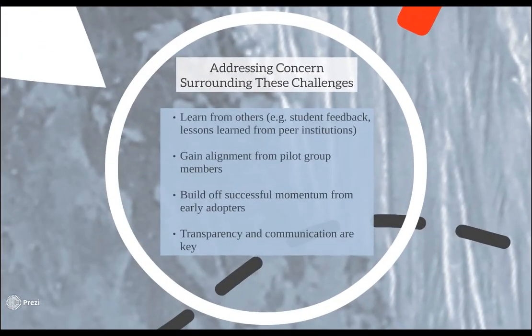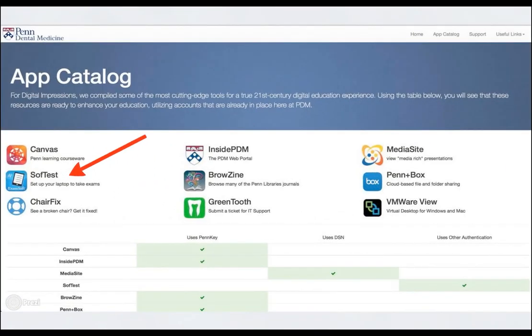So now you can, actually, I'm going to go back for a second. Now you can, the more you use, as a faculty member, the more you use the ExamSoft platform, the less likely you are to have any IT intervention. Everyone's using the same device. They're very easy to use. Once you get used to the exam day protocols, which for us requires getting into guided access mode, how to submit your exam, how to get back on our Wi-Fi network, it actually becomes very easy to deal with the